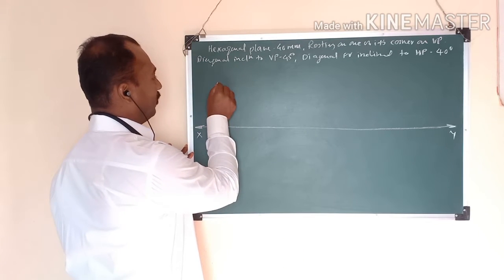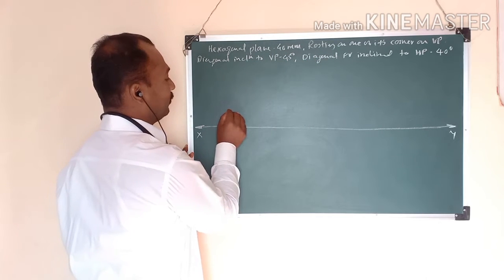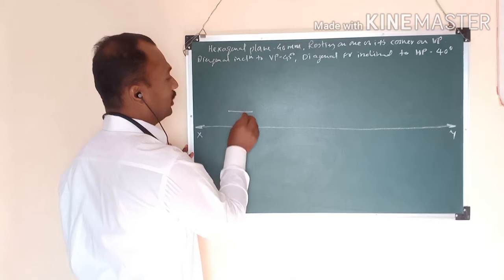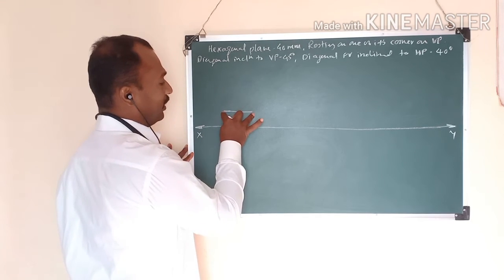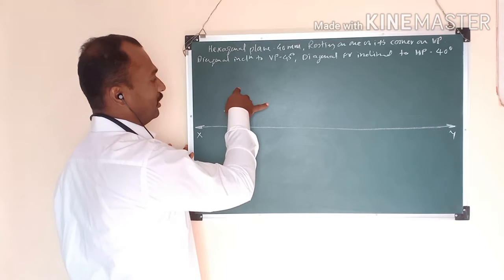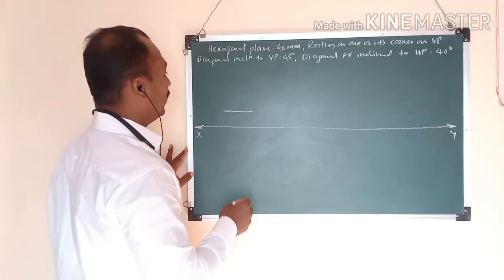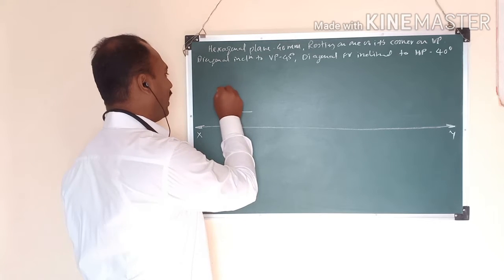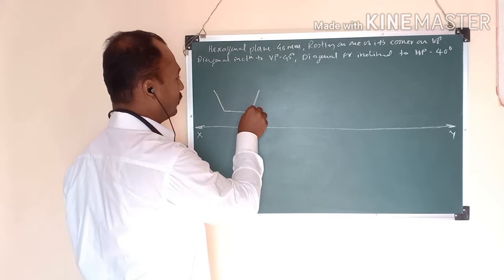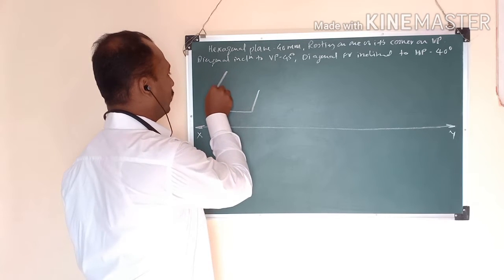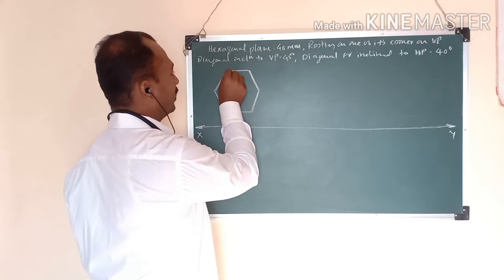So the hexagon will be like this, and the size of the hexagon is 40 mm. So start from here. You know how to draw this. Draw the side first, then take this much distance and draw an arc on this side. This side you will get the center. Using that center draw the circle and you will get the hexagon. यहाँ पे मैं डायरेक्टली ड्रॉ करता हूँ. So this is the hexagon.